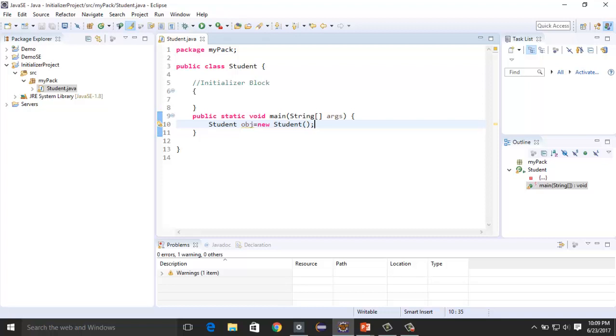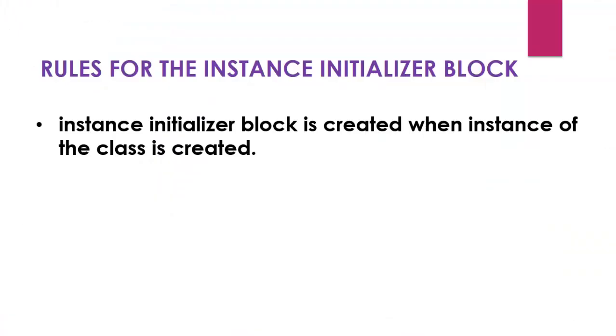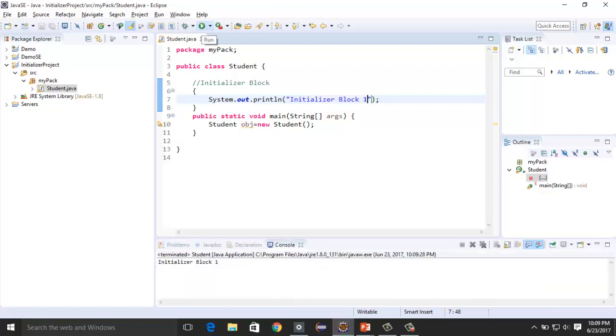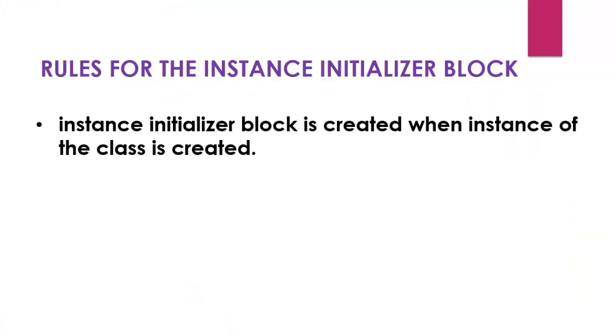Okay, so here is our initializer block, and let's print a message in this: initializer block. Okay, let's see the output. Initializer block 1. Okay, fine.